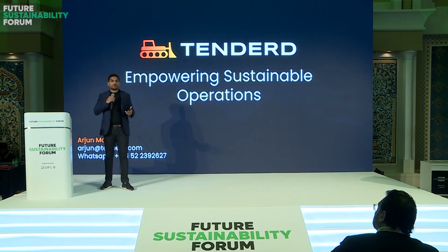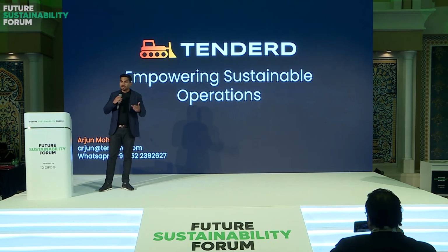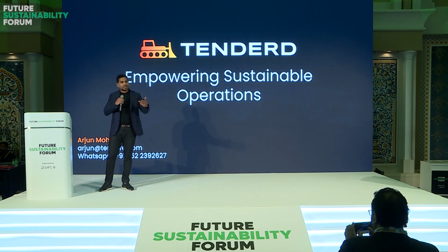I think AI is rapidly evolving, and sustainability is top of mind, and we're very excited about this converging of these two worlds. We're excited by the opportunity to create meaningful impact,